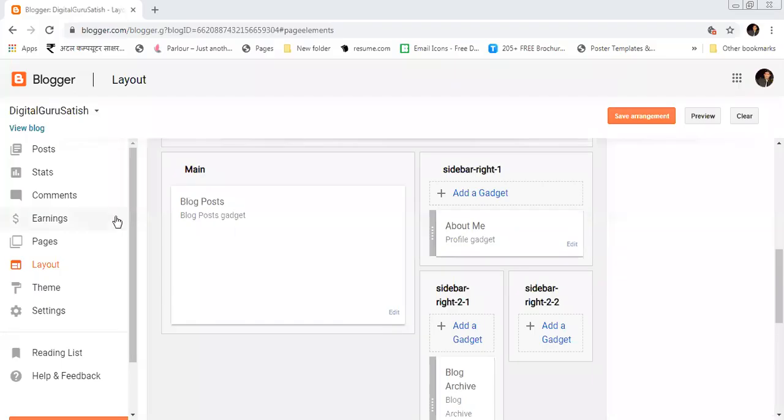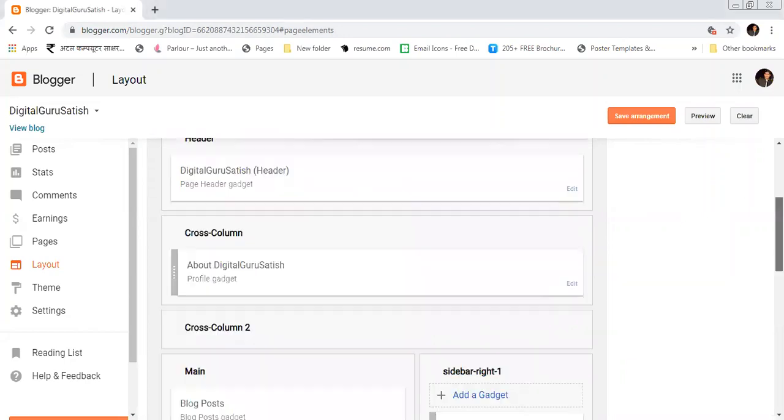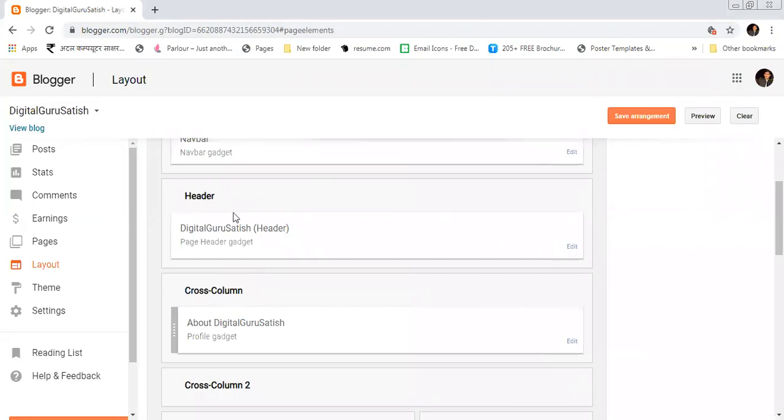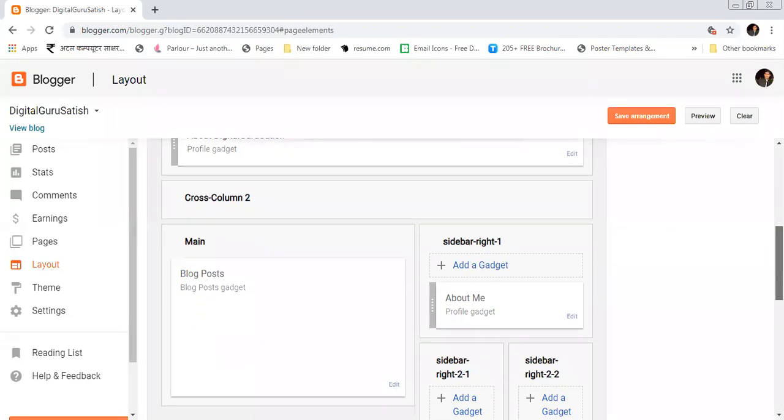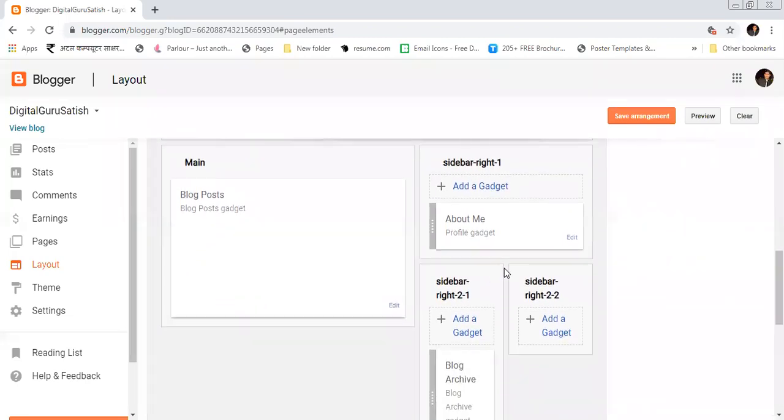Today we are facing many problems related to the network. And now we are going to discuss the main post section and sidebar section, the section below the header section and below the cross columns. If you want to edit them, you can, and we will discuss that later. First, we will discuss the main section and the sidebar section.